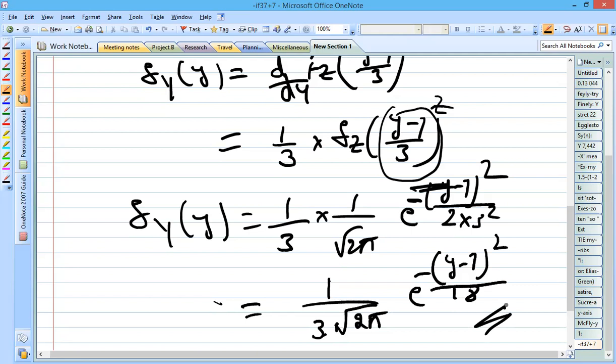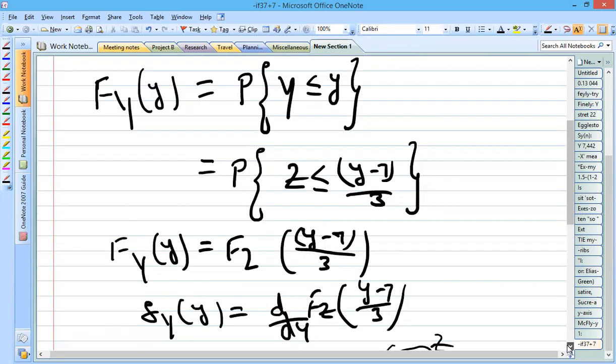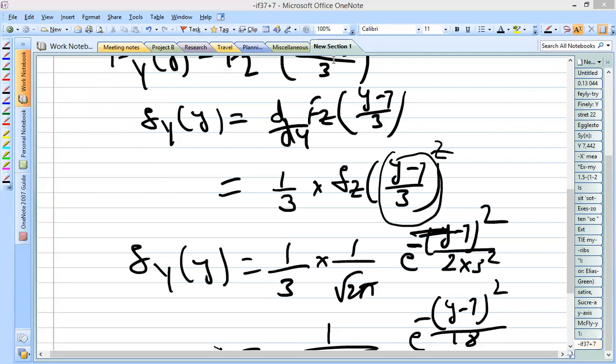So this is how you need to go with the problem. The method is simple. First, from the given equation, write the reverse equation for z, and then get the CDF equation for the random variable y in terms of z. Then differentiate whatever CDF equation you get, and it will result in the PDF for the given random variable. Understood? Similarly, you can go with the next problem.